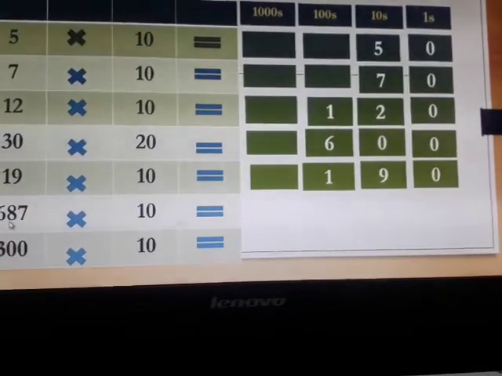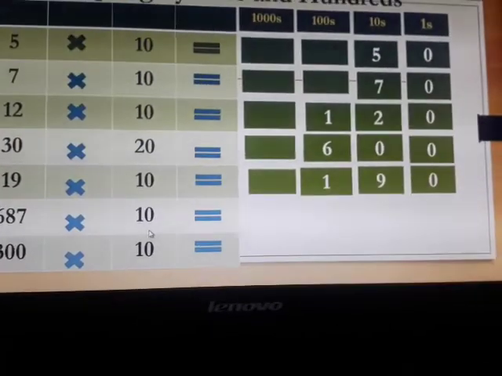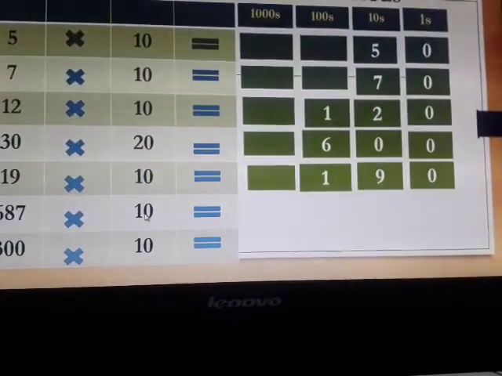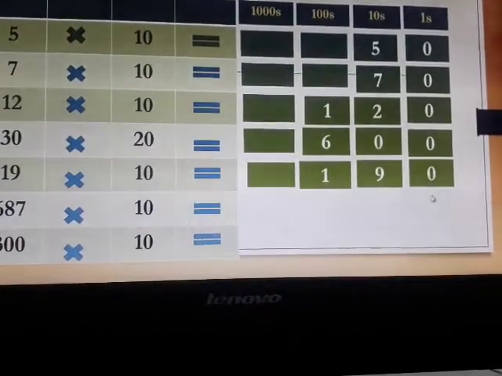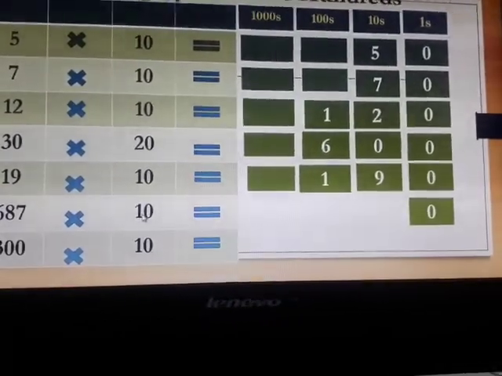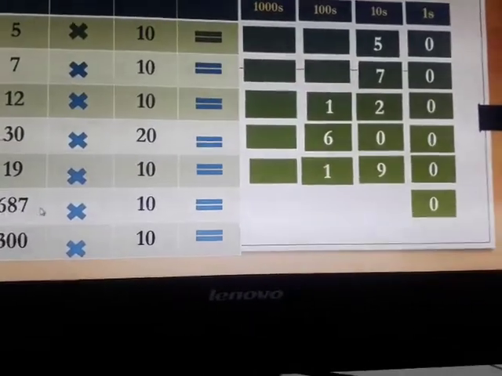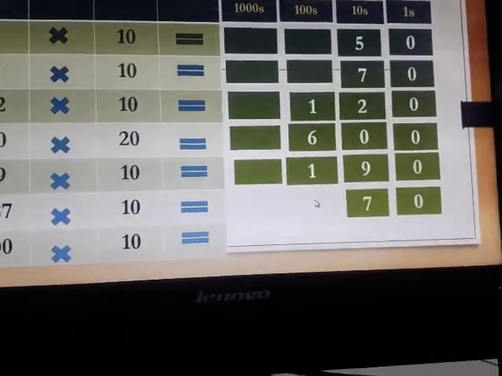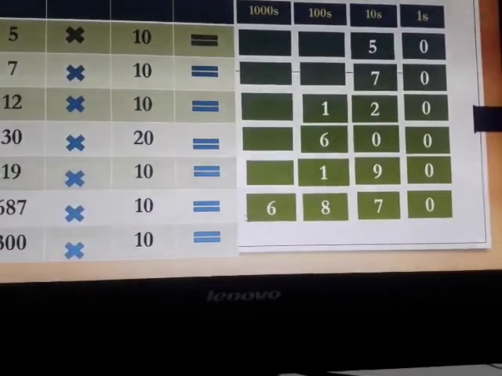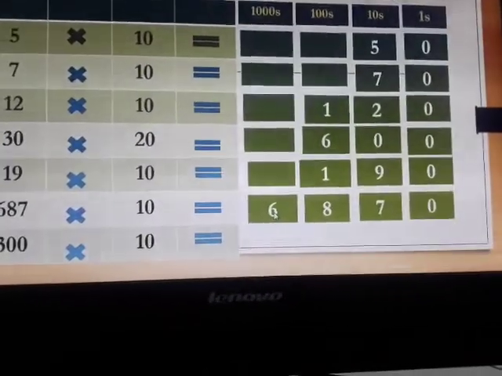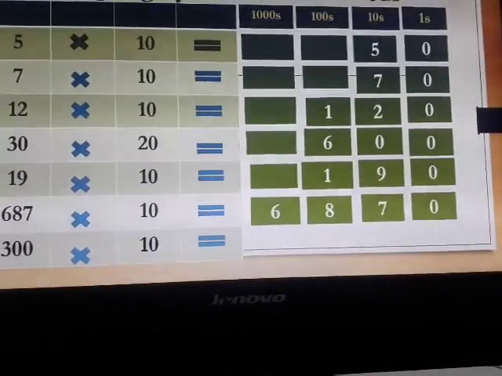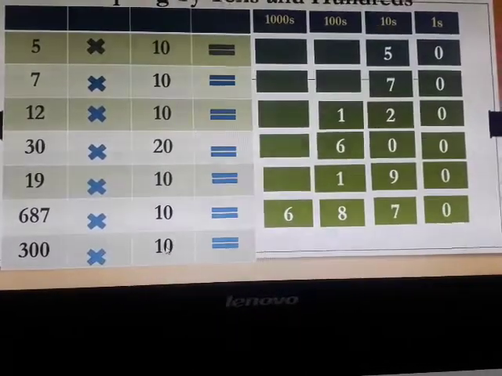Okay. Now here 3 digit multiplication by tens, means 687 multiplied by 10. So put the 0 here and 687 ones are 687. Right? So write these 3 digits in the 3 different positions, means the answer will be 6870.